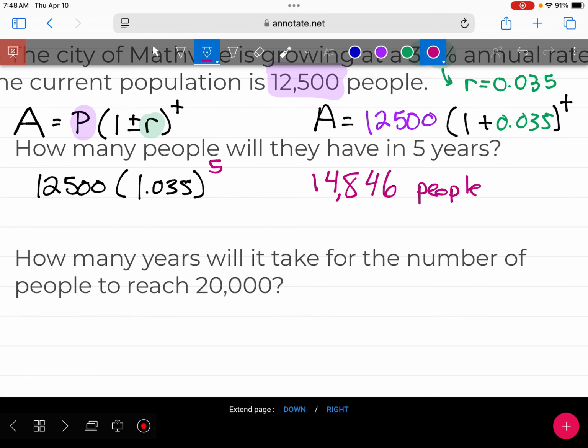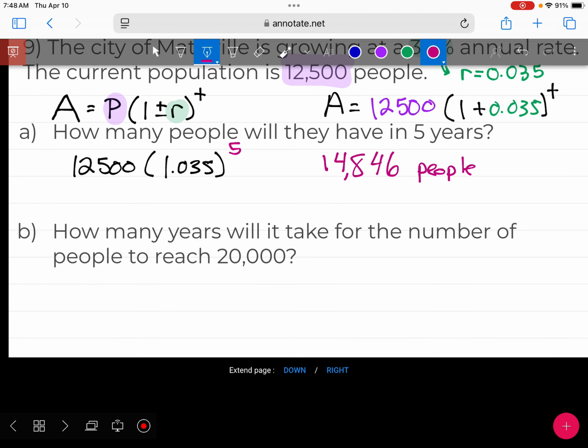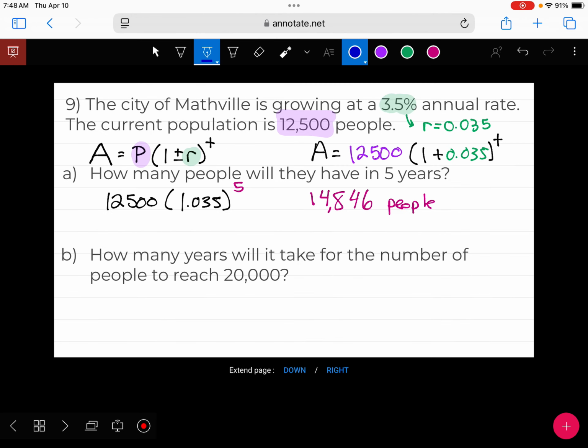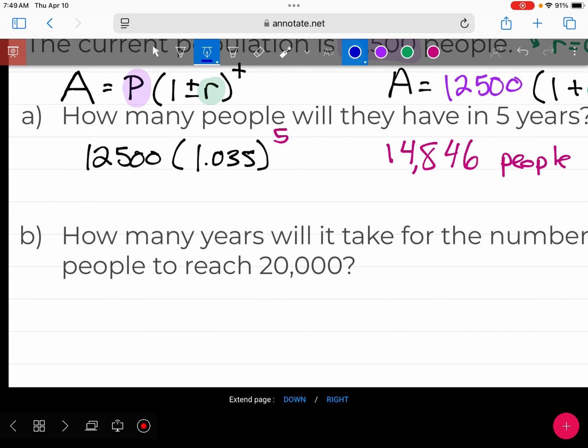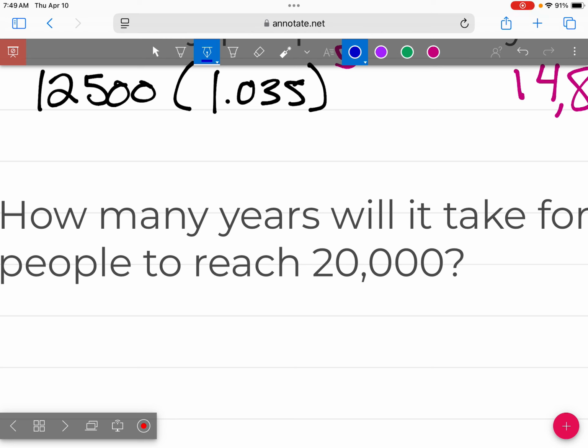All right, so that's very much what we did in the last chapter. Part B is really how this works for our log stuff, because now they're asking how many years. We're asked to figure out the t to get a town of 20,000. So we're going back to our equation, and instead of substituting in for t, now we're substituting in for a. So we want to know